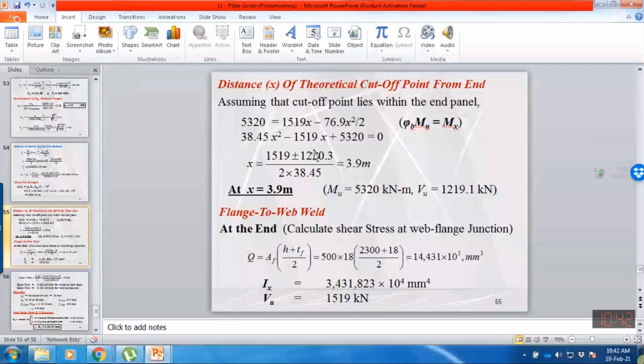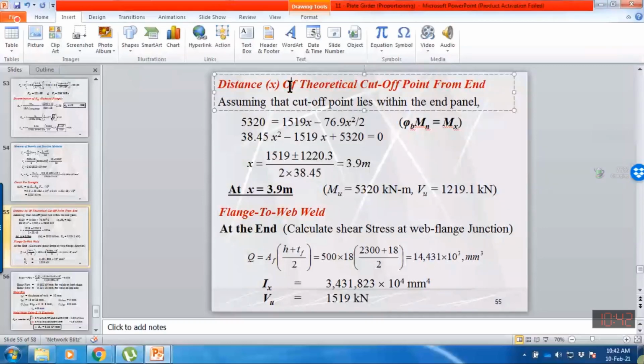So it means that at that point I can reduce the flange area to half. I will show you the diagram of how I can calculate this for the plate girder, or how I can reduce the flange area to half along the length. So